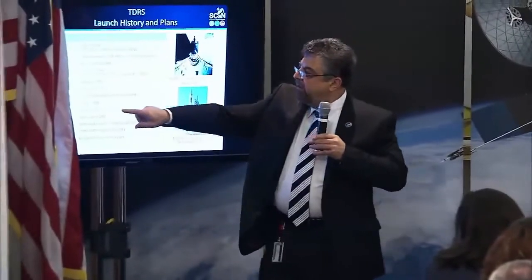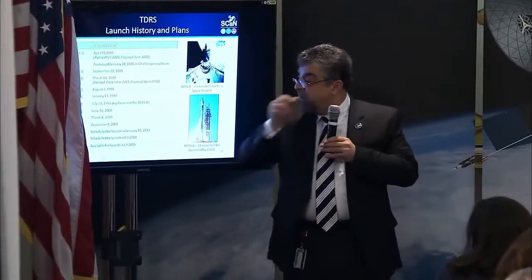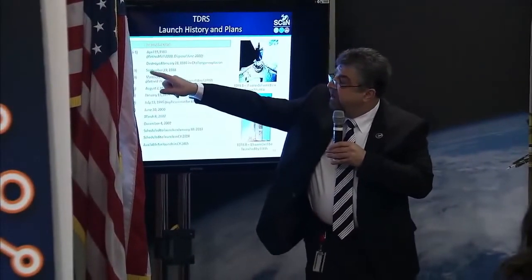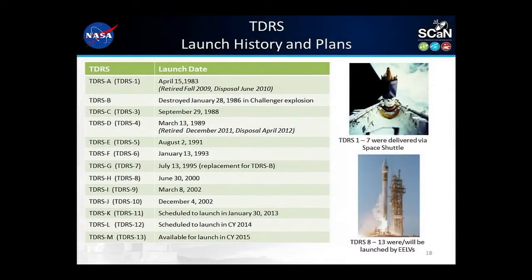2013 is the launch of TDRS-K in here. It's when we needed it, because we need to have 7 operational spacecraft, 6 of them online and 1 hot spare, to meet our present requirements. And as some of these spacecraft retire, like TDRS-3 will be retired in a year or so. Many of the capabilities have failed. We expect 5 and 6 to follow. So we need to launch